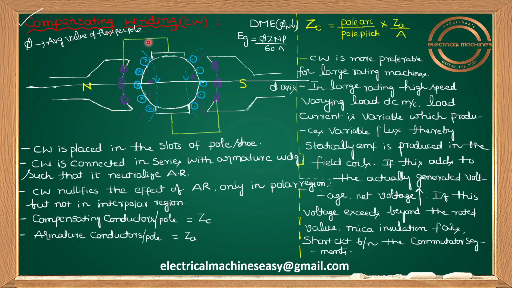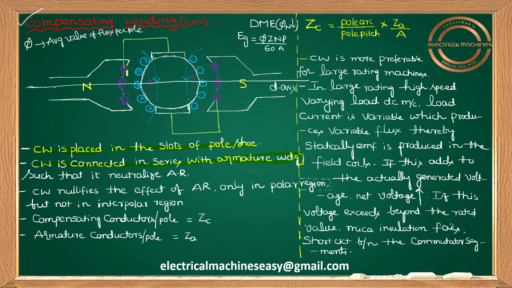See, this compensating winding is connected in series with the armature. Let me highlight the points which I explained here by using this highlighter. First of all, the compensating winding is placed in the slots of the pole shoe. And it is connected in series with the armature winding, and connections are made such that whatever flux we are getting because of armature current, this armature flux phi a,